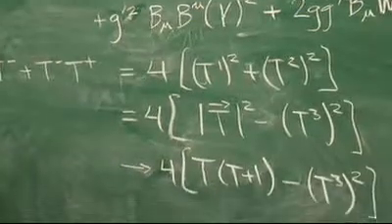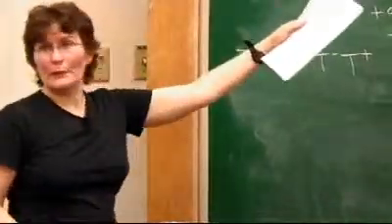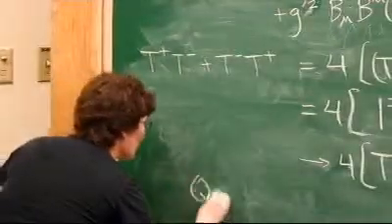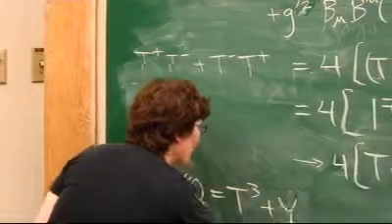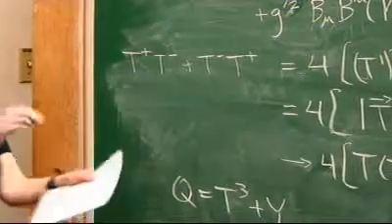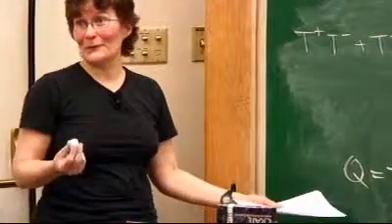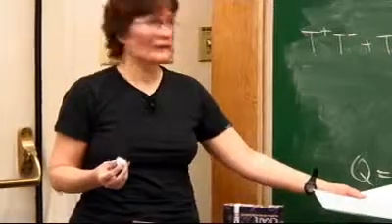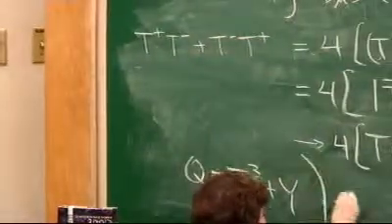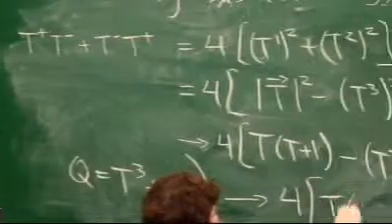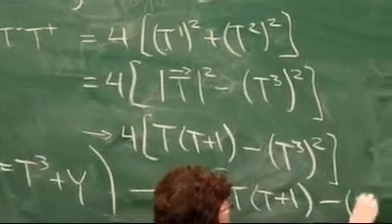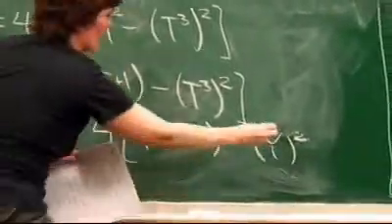Okay? The other trick I'm going to use is the fact that the VEV shows up in neutral terms. So I can use Q equals T3 plus Y to replace T3, when it's talking about the component of X that carries the VEV, with Q minus Y. Q is 0 for that component because it must be electrically neutral, so I can just replace T3 by minus Y. So this thing here is going to be T(T+1) minus Y squared. And likewise, I can replace this T3 by minus Y and this T3 squared by Y squared. Okay. So if you do that,